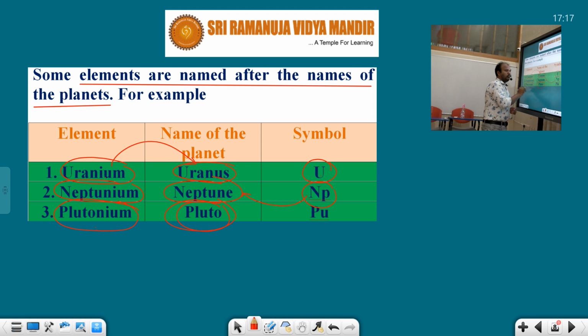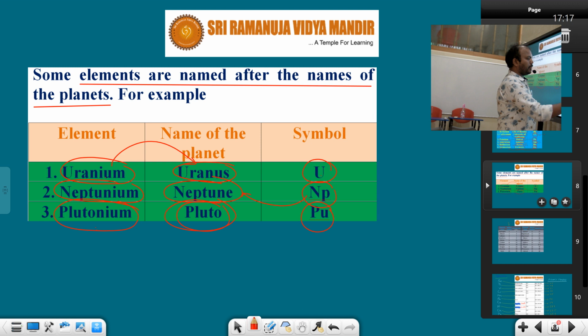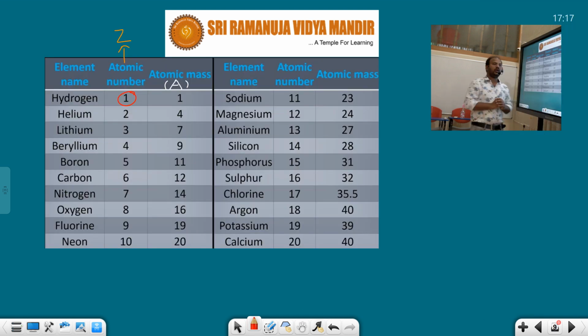And after that, we will take a few elements, their atomic numbers as well as atomic weights. If you take hydrogen, the atomic number is 1. That means atomic number 1 means 1 proton and 1 electron. So how is atomic number defined? The number of protons present inside the nucleus is exactly equal to the number of electrons revolving around the nucleus. With atomic number 1, 1 proton is present inside the nucleus, and 1 electron always revolves around the nucleus.